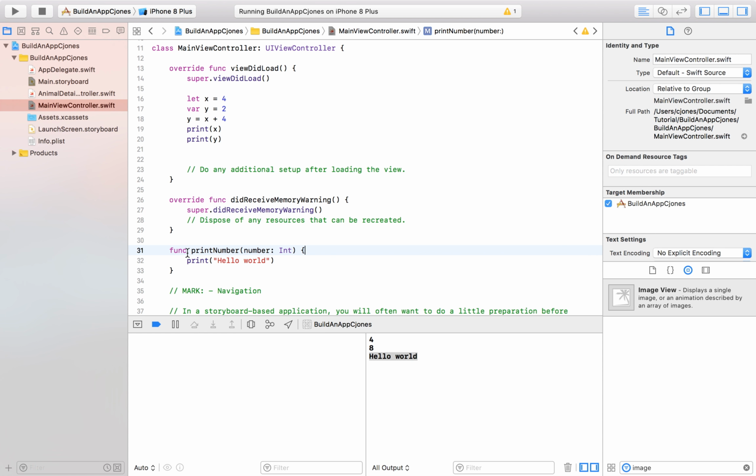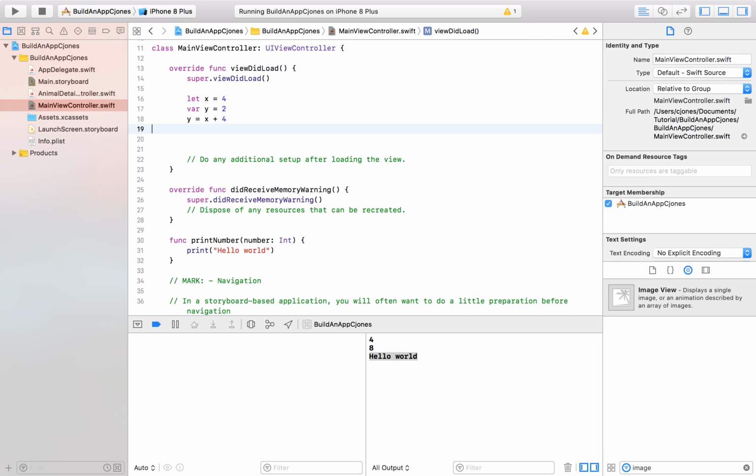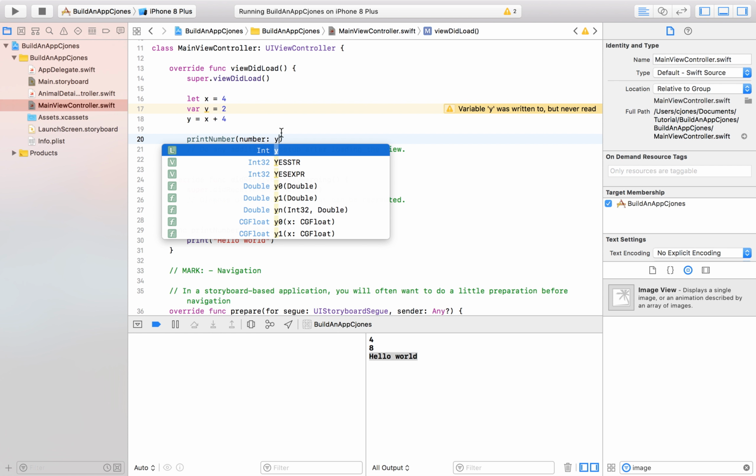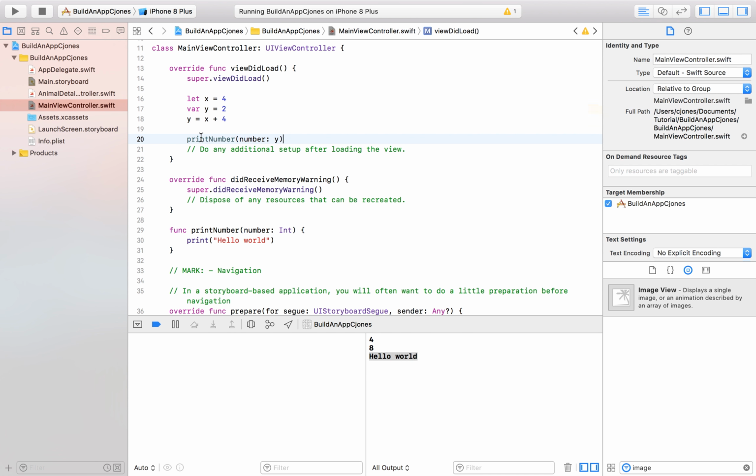So now we have this print number function, and it's going to take a number. Let's get rid of these print statements here, and let's call this function print number, and we're going to pass in an integer. Let's pass in our value y. Now what this is saying is print number is passing in this value y. When this function is called, number is going to be equal to whatever was passed in, and y was passed in. So number can be equal to 8. So let's print,